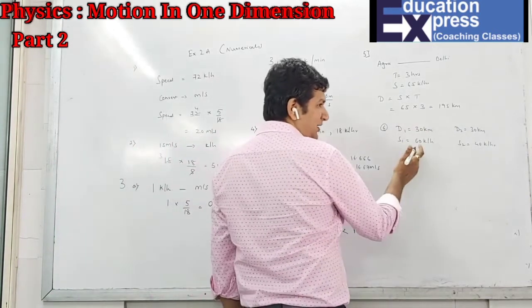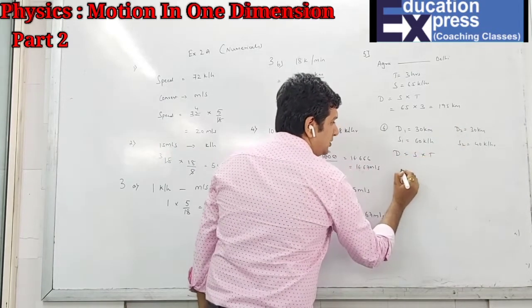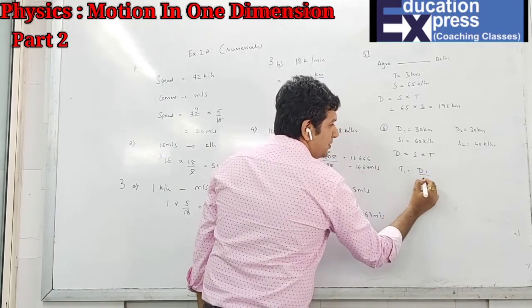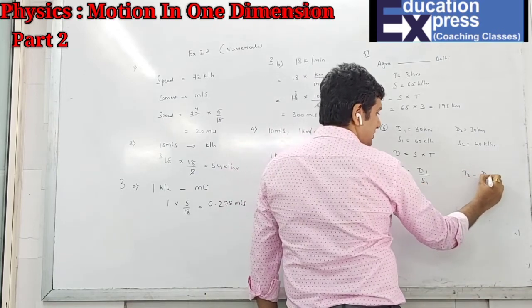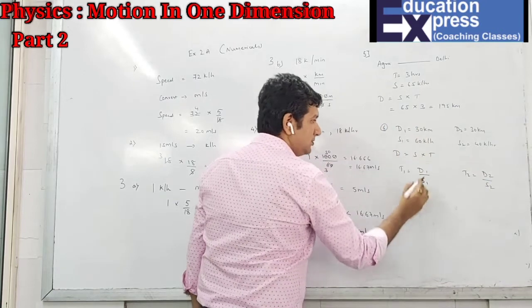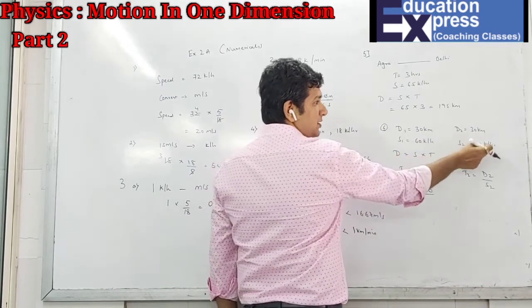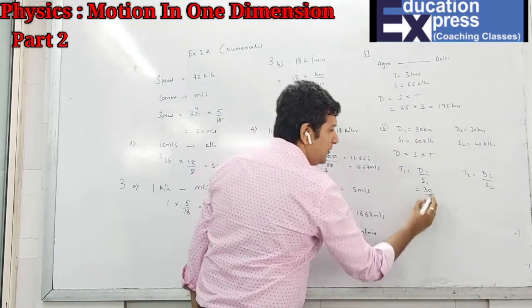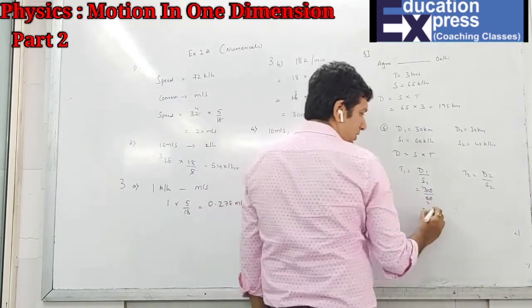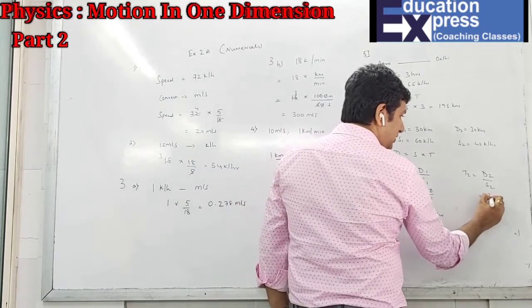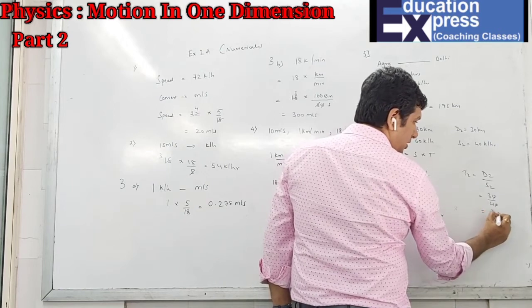So first I find the time of this journey. We all know distance is speed into time, so time will be distance upon speed. Same way, time is distance upon speed. What is the distance? 30 kilometers. Very important to notice that both of them are in the same unit, kilometers, so I can do directly 30 upon the speed 60. That is half an hour, I'll keep it in fraction. And here 30 upon 40, that is 3 upon 4 hours.